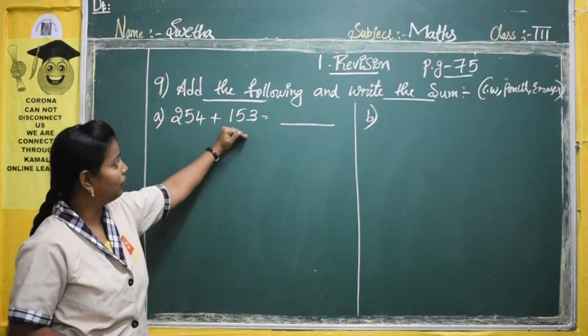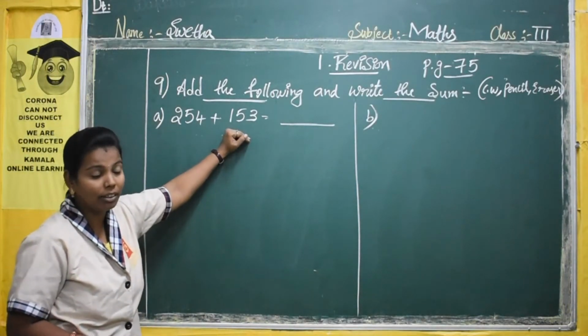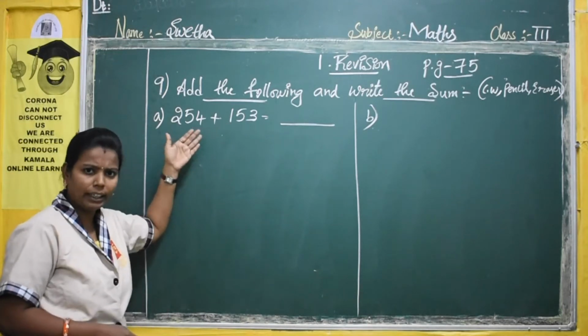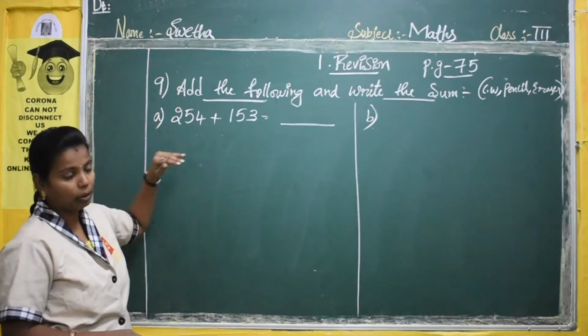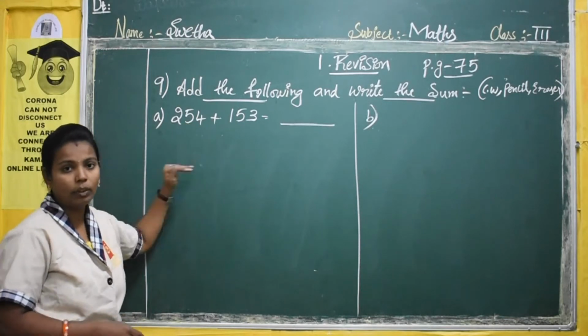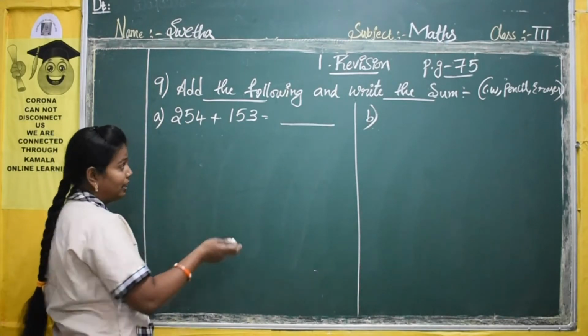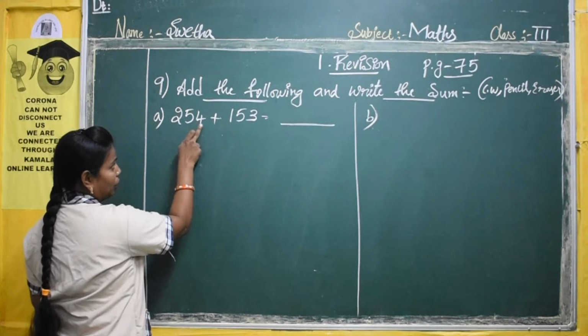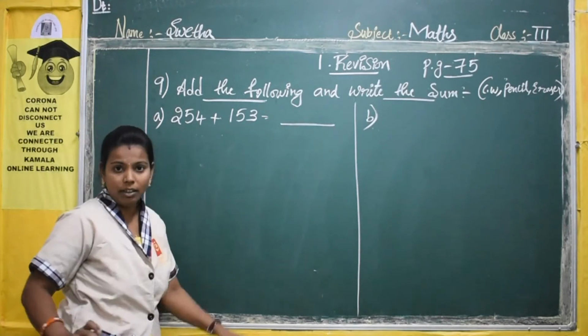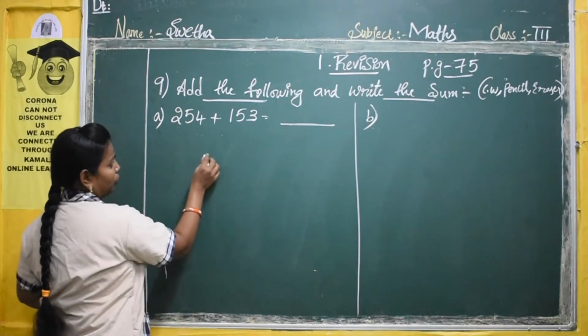Here they have given you a horizontal way of question. If you know, you can do it directly, no problem. If you don't know, you have to arrange this in a vertical column. So how do you arrange? See, 254 is the first set of numbers. So you have to write